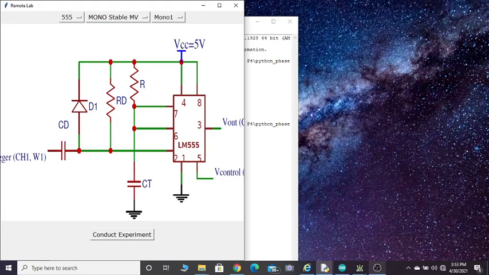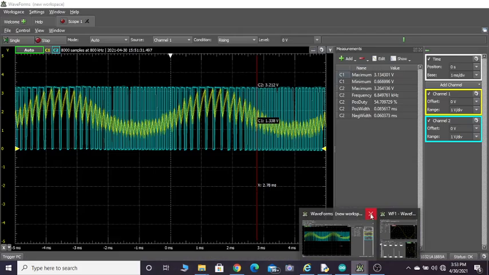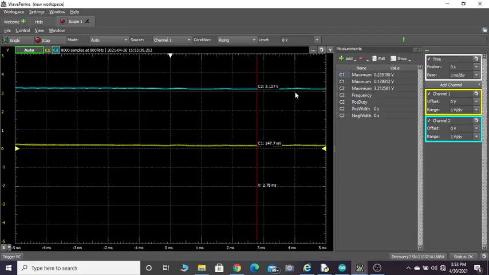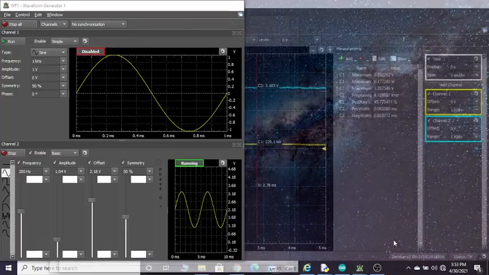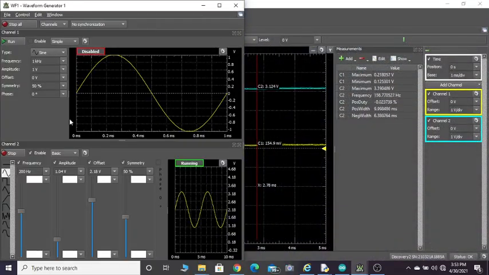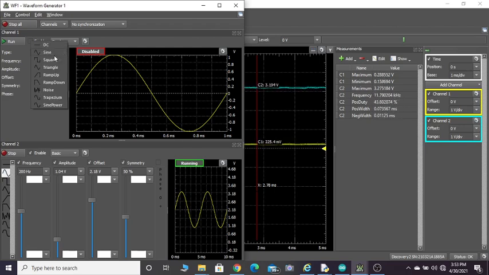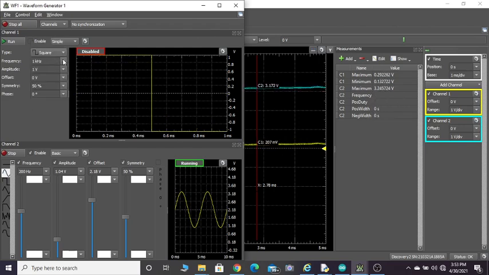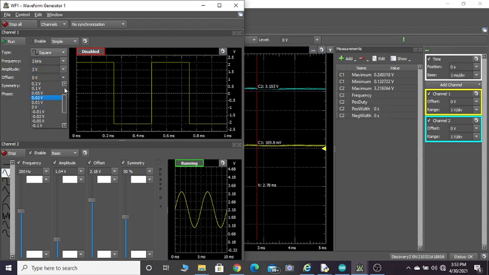Before I conduct the experiment, let me select this wave gen, and this is my circuit. So using W1, I need to apply a square wave. Okay, let us keep the frequency as around 2 kilohertz. Let us take the amplitude as around 2 volt. Let the offset be around 2 volts. You can just see what happens if it is 2 volts. You can see this is 2 volts and this is up to 4 volts.